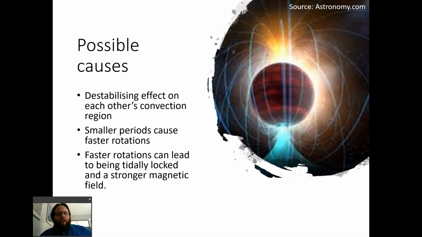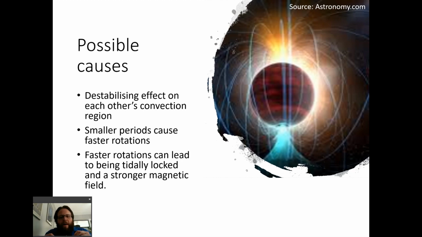what we're actually measuring? Now, I spoke earlier about how there are intense magnetic fields on the surface of a red dwarf, and we believe that is caused by the convective zone, but also the fact that as they're orbiting around on the smaller periods, it will cause a faster rotation. That faster rotation, just like an ice skater when they've got their arms held out and then they bring their arms in and they spin around faster, that is kind of the same thing here. As they get smaller periods, we see a faster rotation. That faster rotation could lead to the two stars being tidally locked, so facing the same side to each other